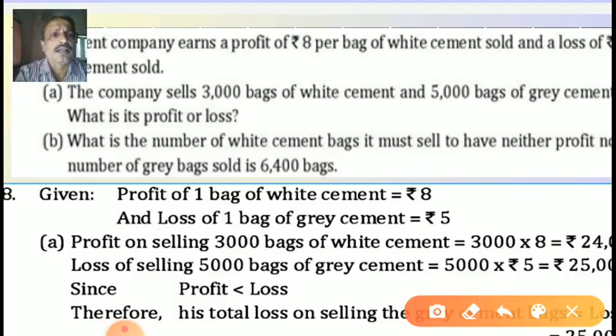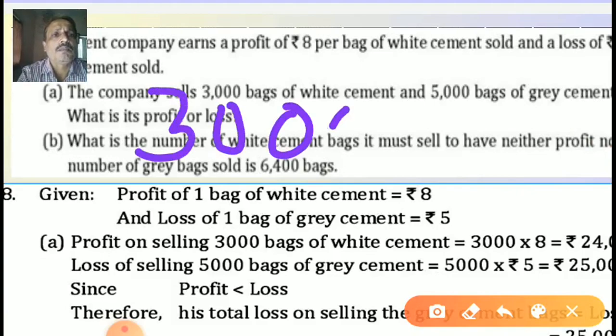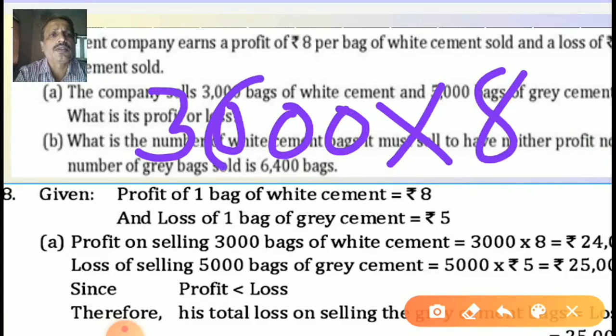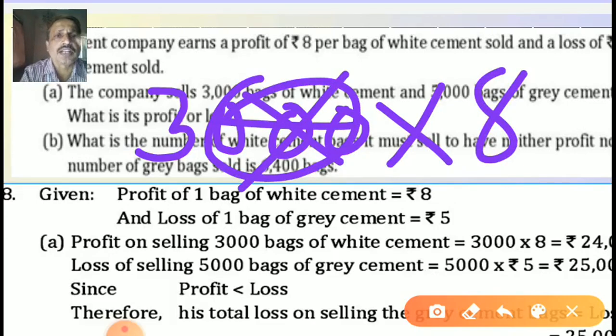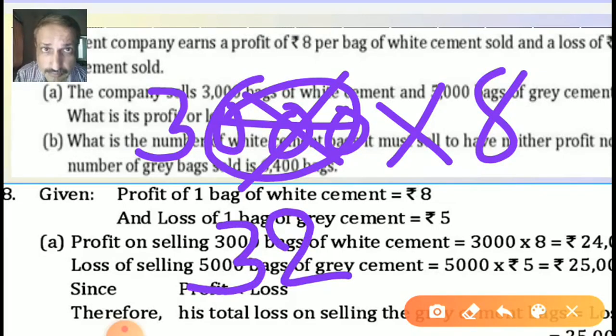We are knowing very well, 3,000 multiplied by 8 is very simple. Forget about these zeros, cut it, send it outside. Now you have only two numbers, 3 multiplied by 8. 8 3s are, or 3 8s are, 16, 32. Sorry. Yes, you correct. 32 is right.